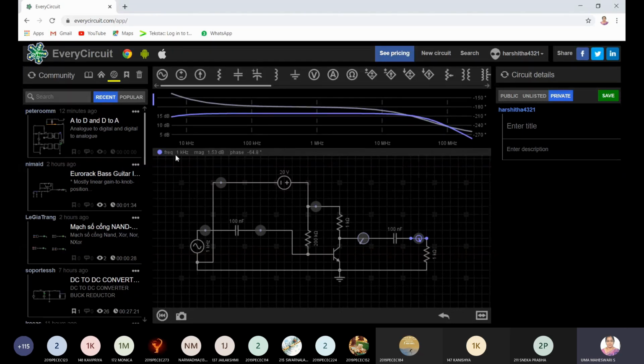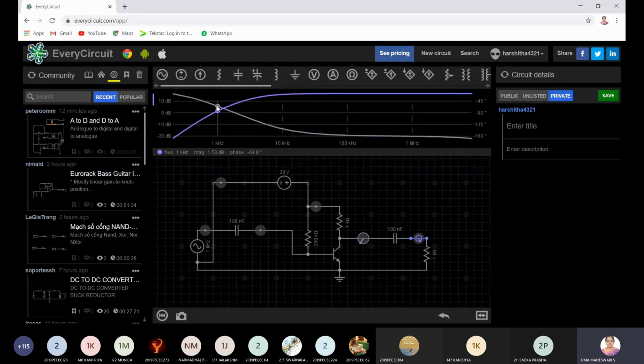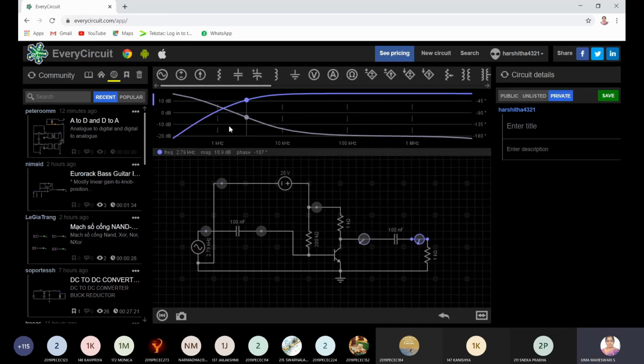Okay. So what I'll do is I'll move back here. You're getting a vertical white line. You're able to see here at 1 kilohertz, you're getting a vertical straight line. Yes or no? That is your cursor. This cursor you can move wherever you need. Now you see my cursor is here. So the cursor is at what frequency? Can anyone see and tell? This white vertical line is your cursor. So I can move the cursor wherever I want.